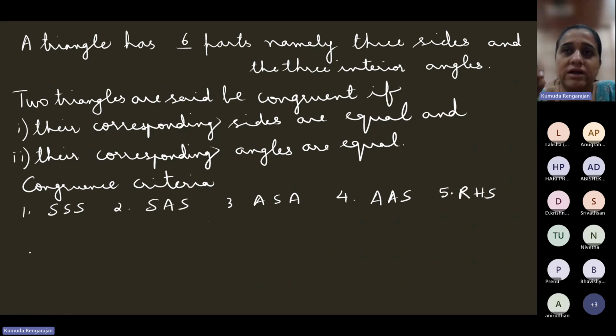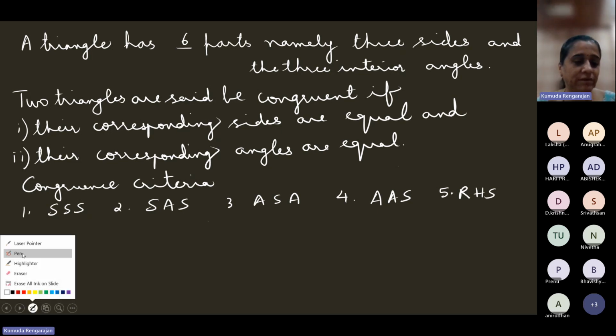Now, since we understood that when two triangles are congruent, you need to place the second triangle over the first one in a particular way, only then they'll coincide. Only that way they'll coincide, not any way. So this means when you name the two triangles, you must name them in such a way that those vertices coincide. Now, for example,